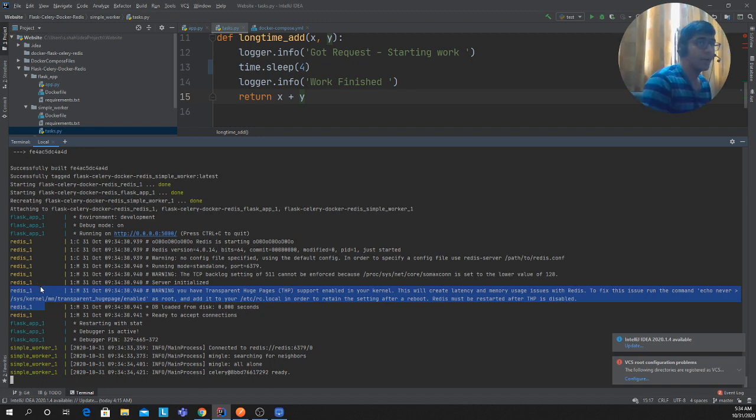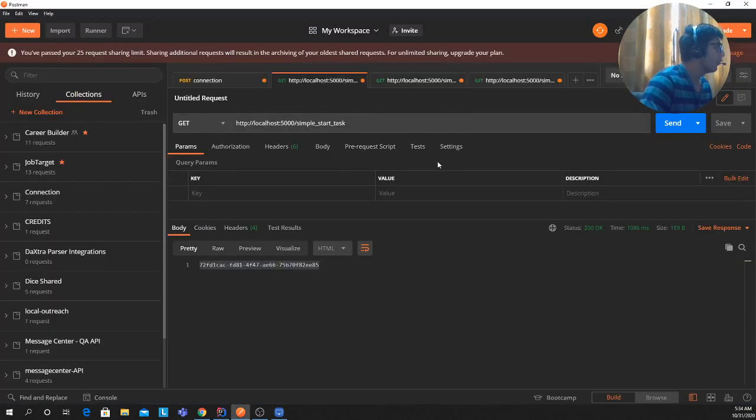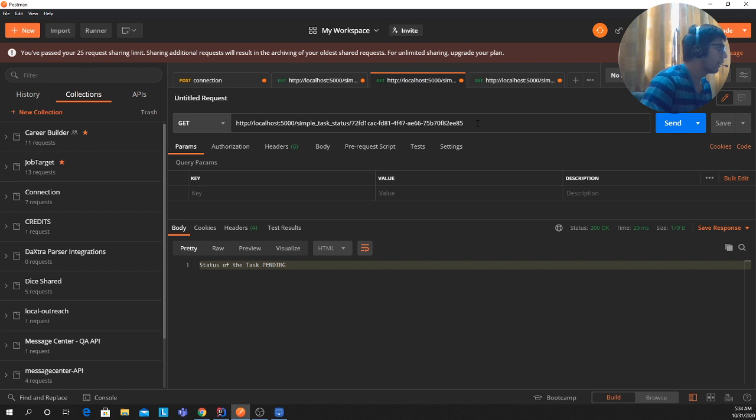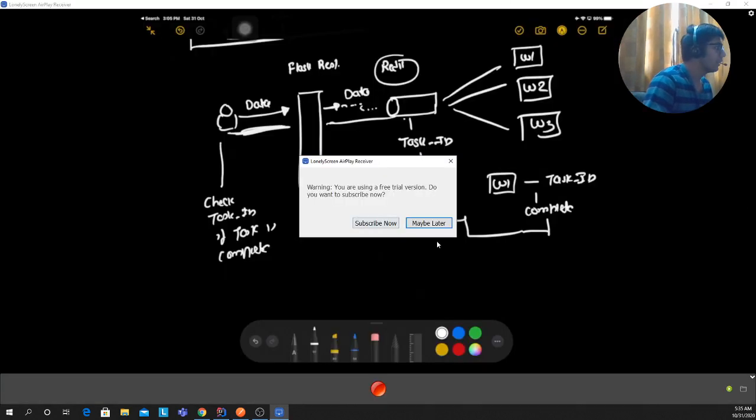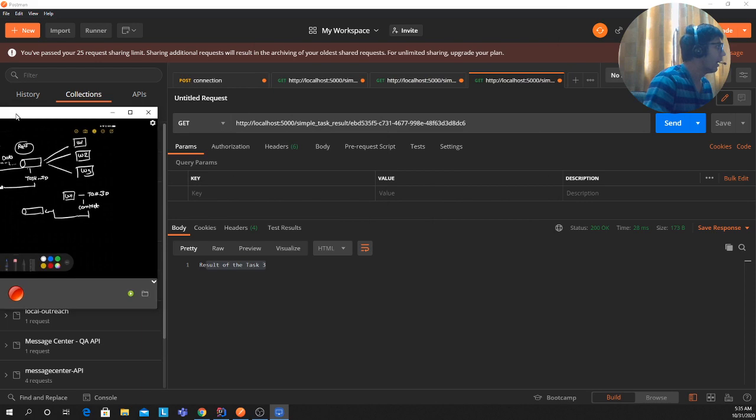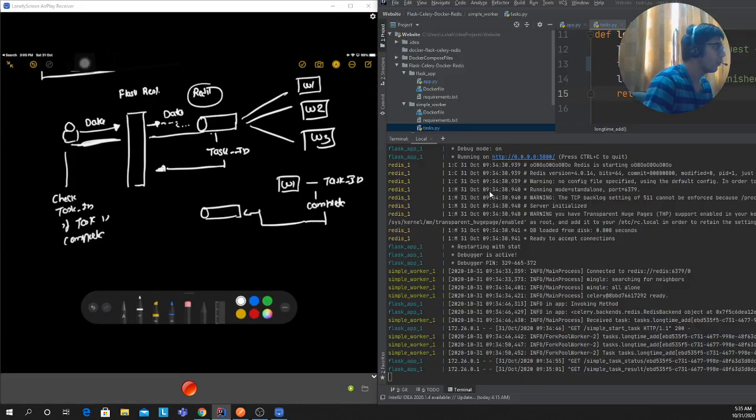So we are gonna code everything, okay? We will learn all of these things, right? So let's try that again. I'm gonna come here and make a request, give me a task ID, right? Ideally it should take like 4 seconds. So I'm hitting the status API, success, so you can see success. And if you want to grab the data, actually I just reduced the delay. I don't want to wait for 20 seconds, so the task is 3. As you can see, I'm trying my best to make you guys understand what's happening behind the scenes.